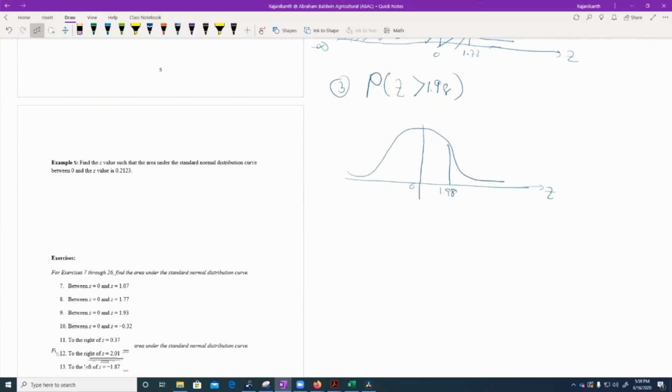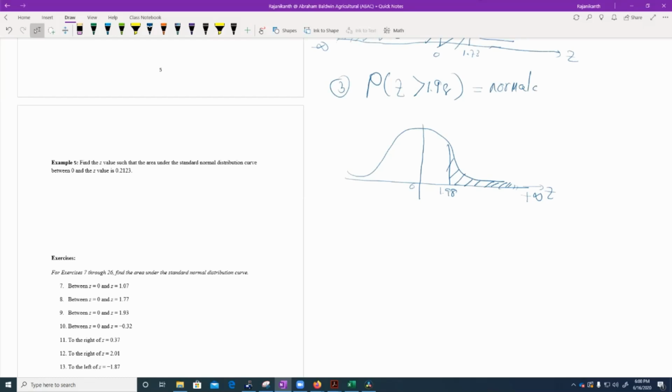So bigger than means the right side of this value, right? Now this is the area we are looking for. That means the left bound of this area is 1.98, and the right side goes all the way up to positive infinity. Therefore, this probability is nothing but the area to the right side of 1.98,